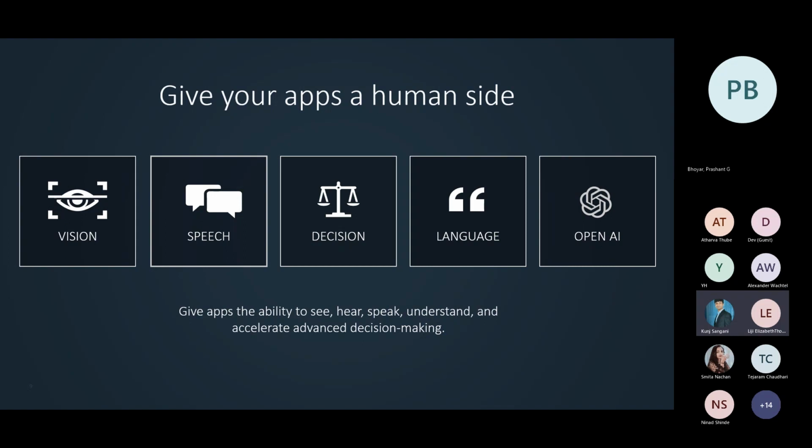All of these categories have several APIs under them. These are just broad bucket terms, but under vision, you will have computer vision, custom vision. Under speech, you'll have speech to text, text to speech, speech translation, whatnot. Under decisions, you'll have recommendations. So many features or APIs under each of these. It would probably take the rest of the day.